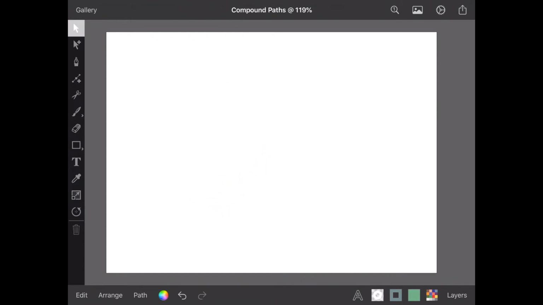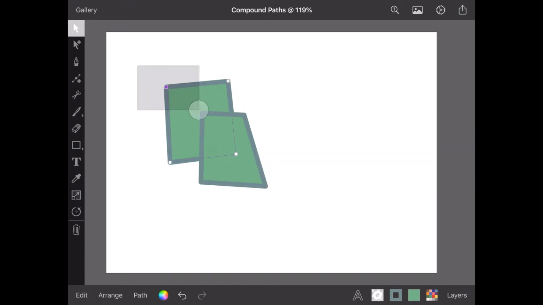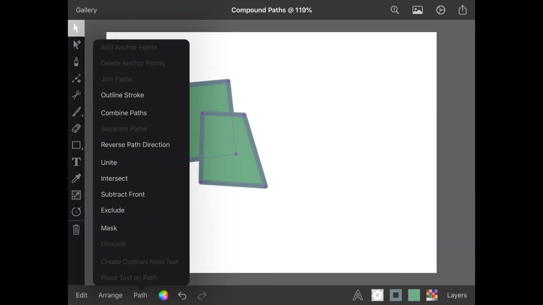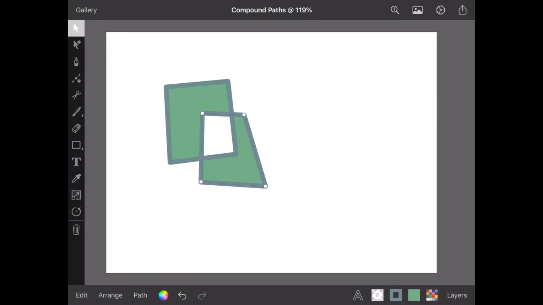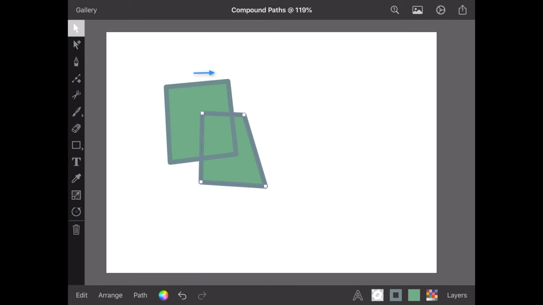Path direction. The first thing to know is that paths have a direction. If I create two rectangles with the pen tool, the first in a clockwise direction and the second in an anti-clockwise direction, they may look the same on the surface, but they have different directions. In the fantastical world of vectors, there are times when this direction is important. So important, in fact, that in the Path menu there is a reverse path direction option, which will reverse your path direction should you ever find it is going the wrong way.